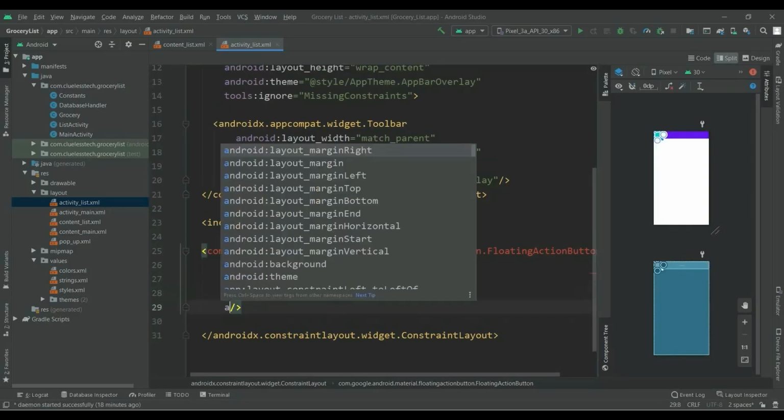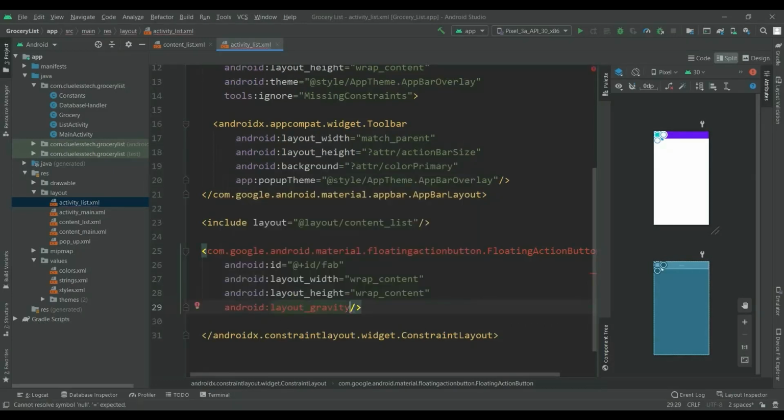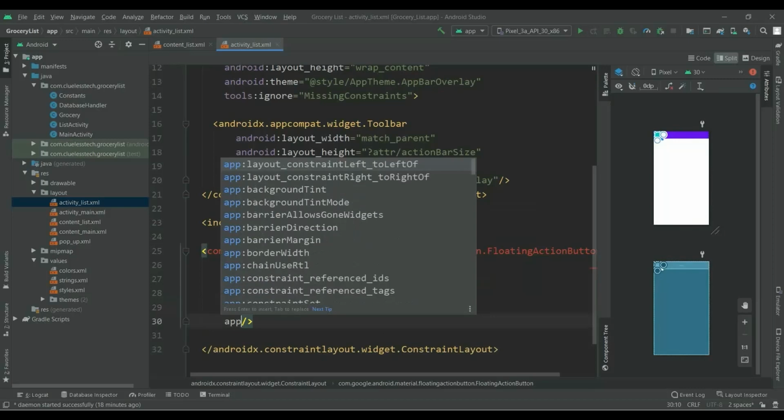Now add android:layout_gravity of bottom end, so it will be in the corner, and give